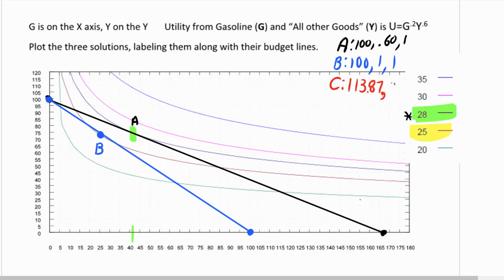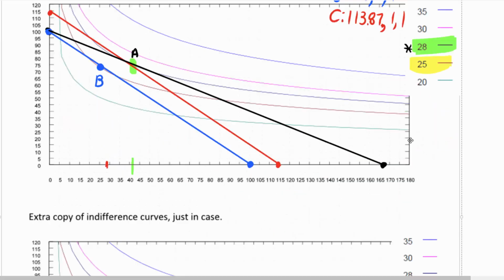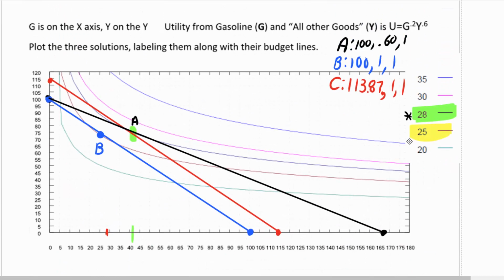And the prices were $1 and $1. Let's draw our budget line here. About 114, just here a little less than 115. And then down here, about the same. Slope should be -1. About 29 and about 84 is going to put us about here. Let me use red so we can identify that point a little better, and that's our point C, our